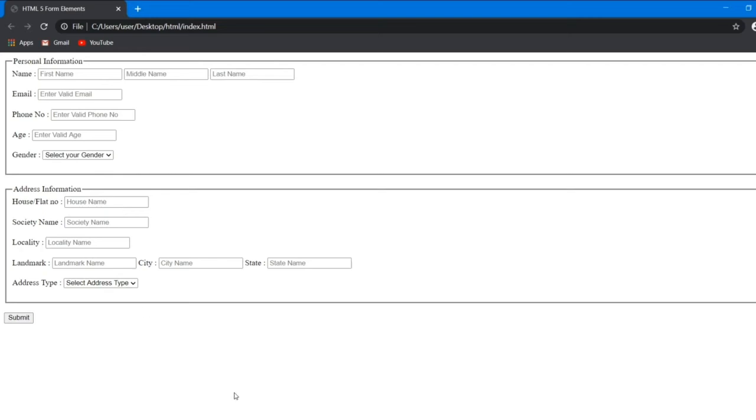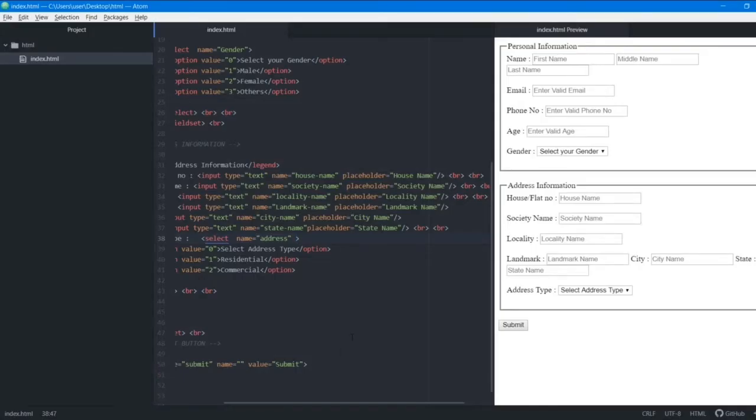Now the next tag that we're going to see is called the required tag. When you go to a form and fill out a field, and by mistake you leave a field out, suppose I entered this and I left the email ID part and moved on to phone number, it shows an error while submitting that this field is required. Right now if you see, I'll just write this one thing and click on submit, and my form will be submitted. There's no error. It does not say that all of this other information is required, but we need it, right? So how do we do that?